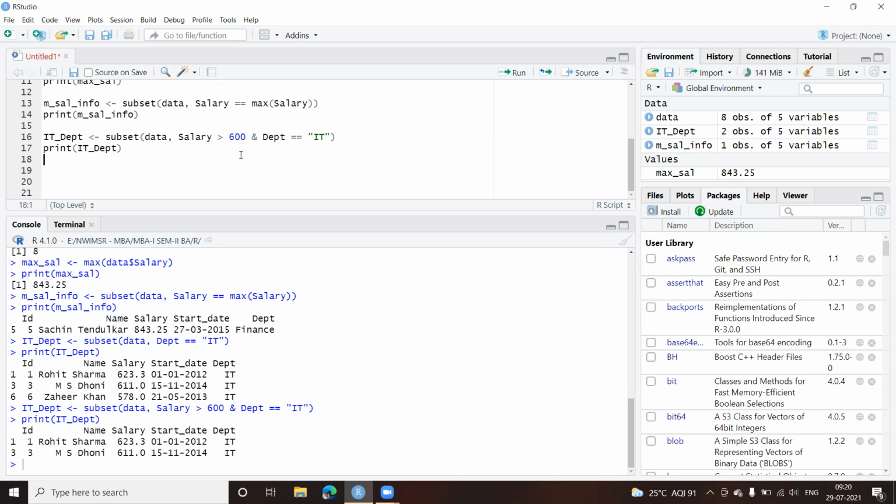Whenever, what about OR? If I have to give OR condition, then in that case, you have to give that simple pipe sign. It's like this. I'll just show you. Okay, it's this one. This is your OR. Clear? So AND, OR. Now in this case, I have a single AND.